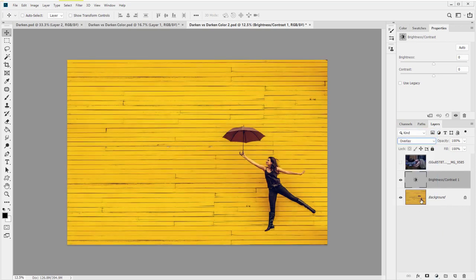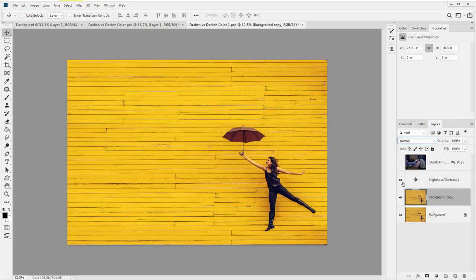It's the same effect, and just to prove it, turn it off for a second, duplicate this. It will be the exact same effect as just having overlay. Here's the duplicated layer. Here's the overlay. Here's the duplicated layer. Both of these are set to overlay, but one of them is just an adjustment layer. And because it's an adjustment layer, it will not really increase your image at all. So if you're doing a lot of adjustment layers and you want to do them to the own image,